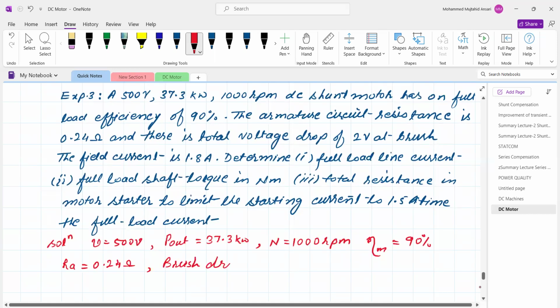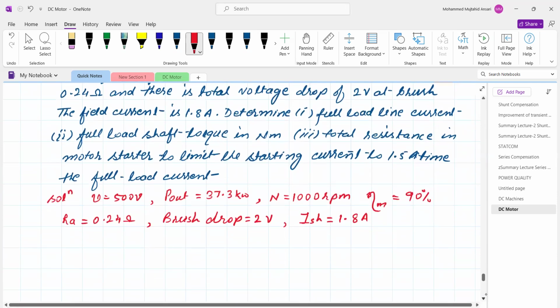Brush drop 2 volt. The field current, it is a shunt motor. So ISH is equal to 1.8 ampere. Now we have to find the full load current. Now the full load current for the DC shunt motor,